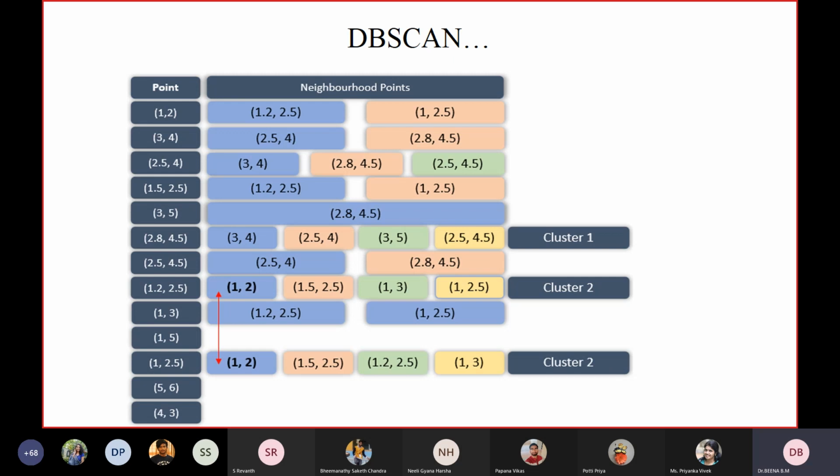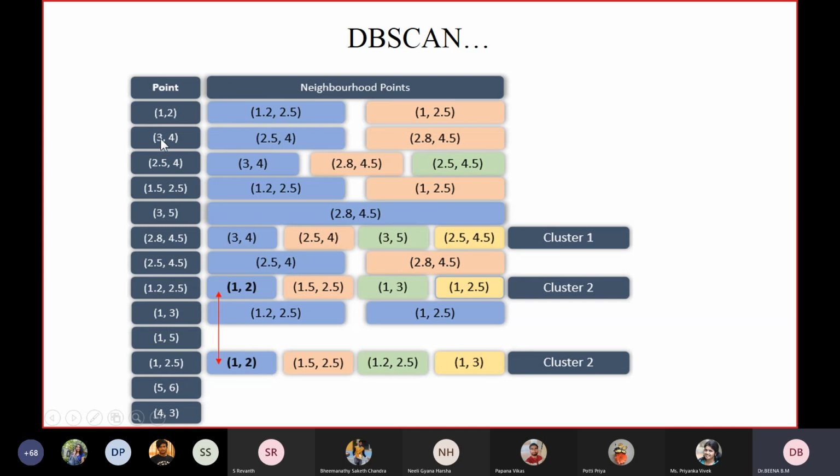So look at this. What can you make out from this diagram? It's very easy. On the left, these columns are the data points we considered from the data set. It contains all the data points, and these values are called the neighboring data points, the first one we calculated just now. For the first data point, we have only 2 neighboring points, so it cannot become a core point.